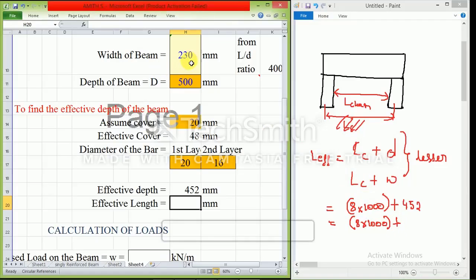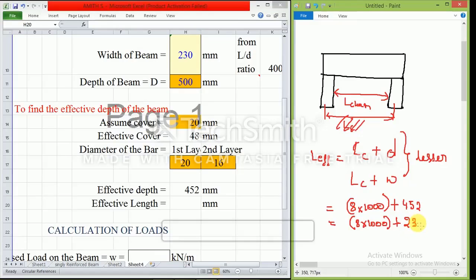Width of the beam is 230. So this is 8452, 8230. So which one is minimum in these two things? 8230 is minimum. So you need to make use of this thing.